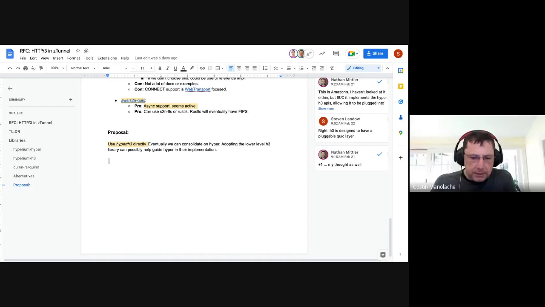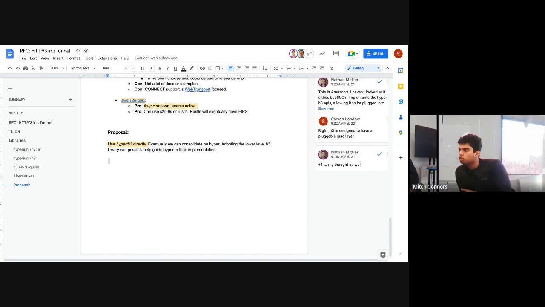Is it a decision that we cannot back out of later? I mean, can you start with whatever you believe is the right one right now, since you are doing the work? Absolutely, yeah. I suspect eventually everything is going to have to end up at some sort of FIPS solution. But I think FIPS is the most important thing right now. Let's just find a solution that gets us to FIPS, and then continue. If for some reason we're not happy with the library we chose, we'll just reevaluate later.